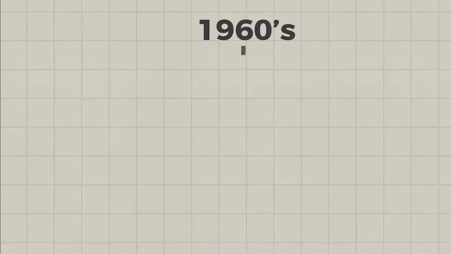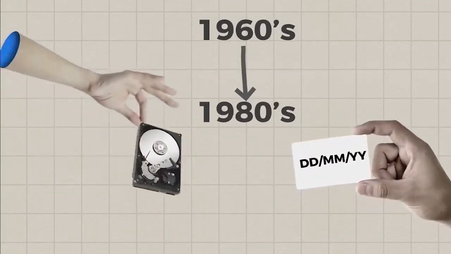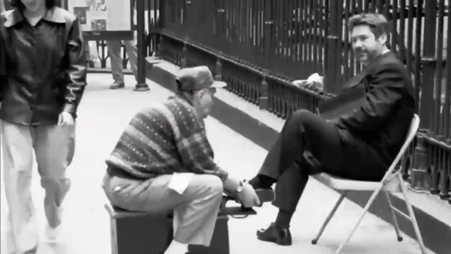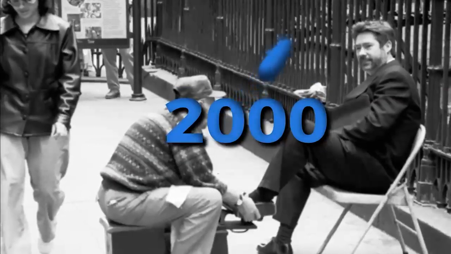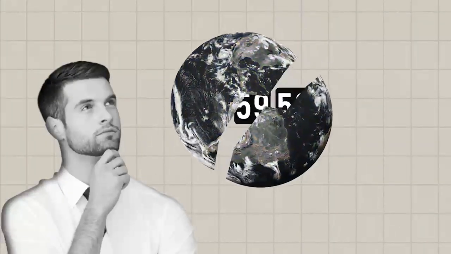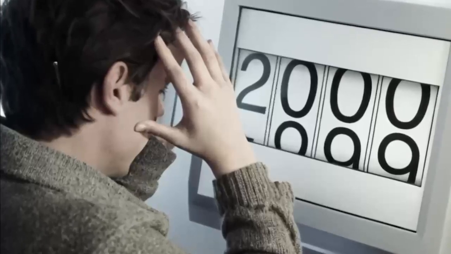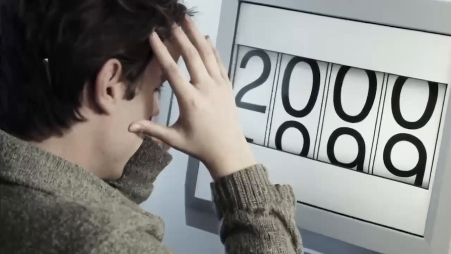From the 1960s to the 1980s, computer engineers used a 2-digit code for the year to save on expensive storage. As the year 2000 approached, a seemingly minor decision had unexpected consequences. Many people believed that the world would completely shut down when the clock reached midnight. In the years before the year 2000, some individuals went to great lengths to prepare for potential problems. This included constructing shelters and gathering supplies of food and water.